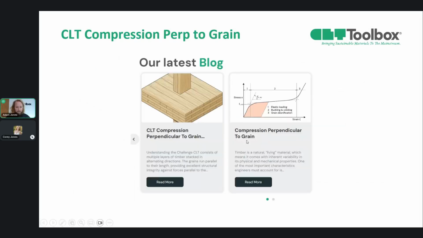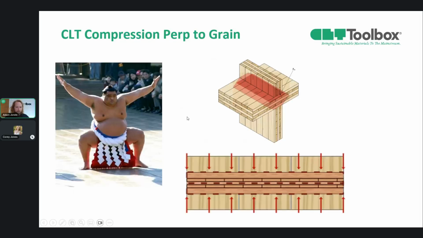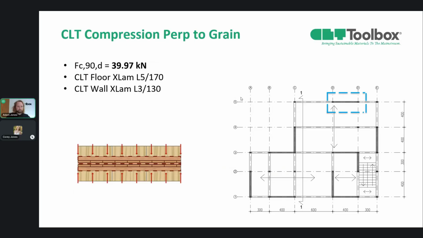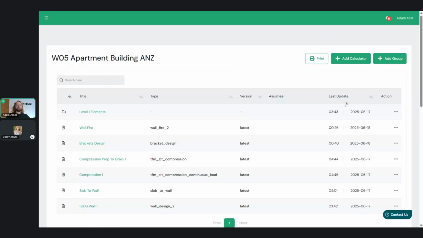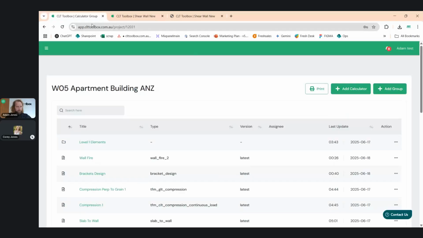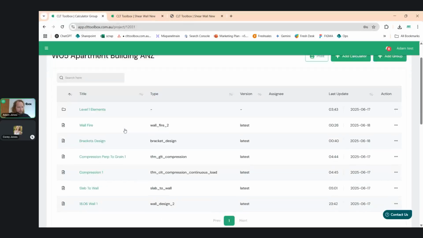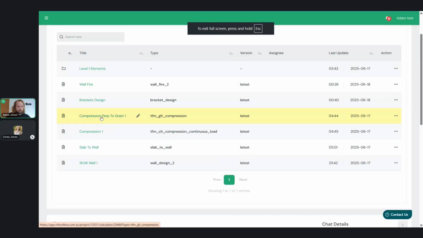So we've done 2 blogs on this quite recently, so I recommend looking at these in detail where we actually cover it as well. With that said, we're going to now fire up the compression perp to grain check. So for us, we've got a 40 kilonewtons per meter load for this external wall. So for our design, we're going to stay in the app, and we're going to go to the compression perp to grain